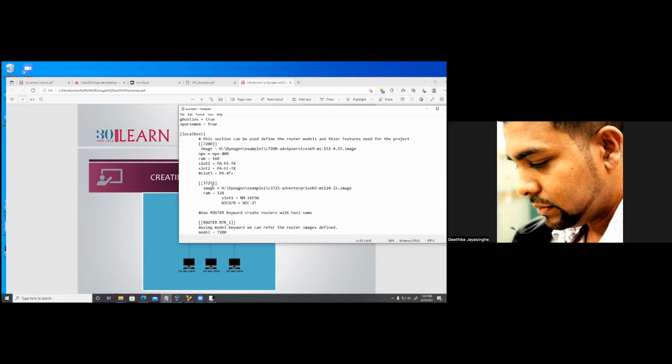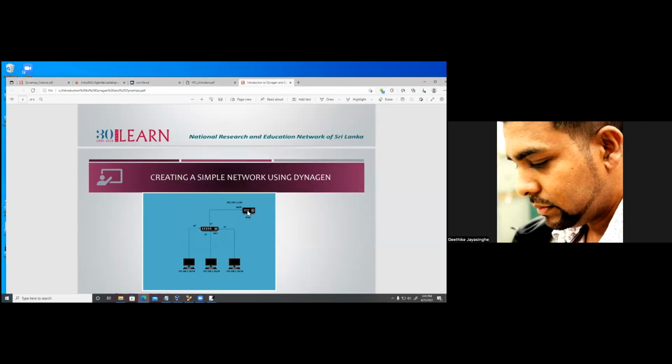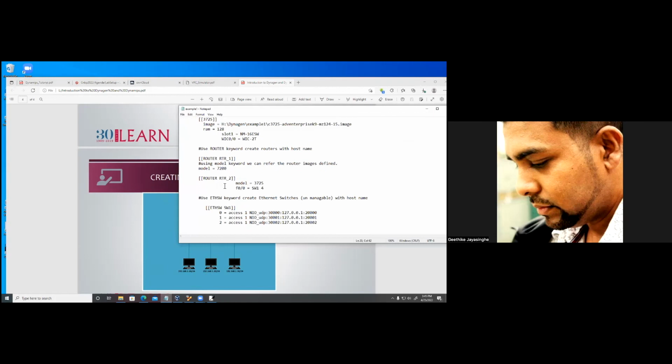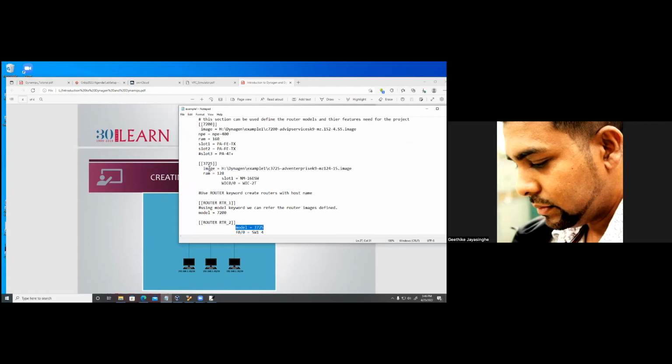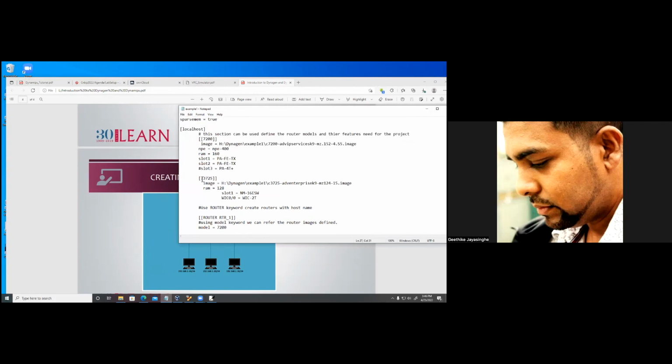So this is a sample of how to create this kind of a network. If you can see this image, this network setup is done by using this kind of a code. These are the virtual PCs, this is the router, and this is the switch. Likewise, I will explain these things step by step tomorrow when we are working with the real lab